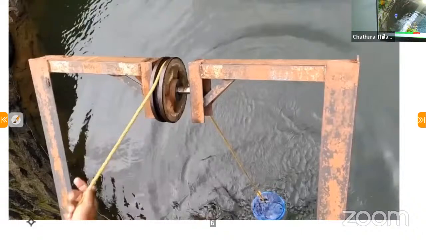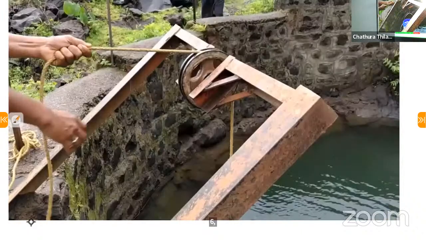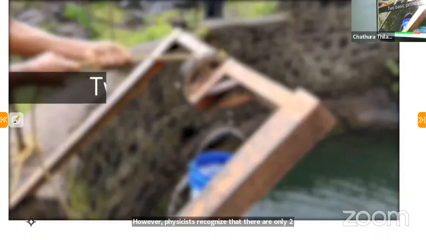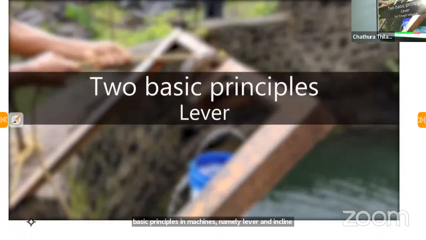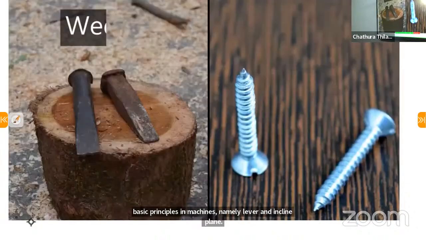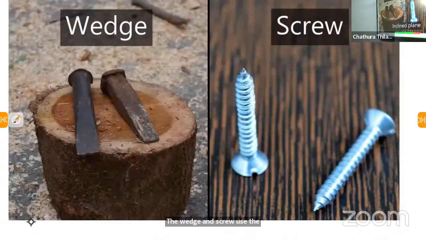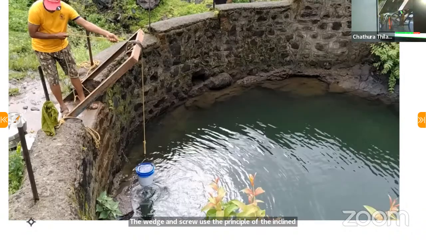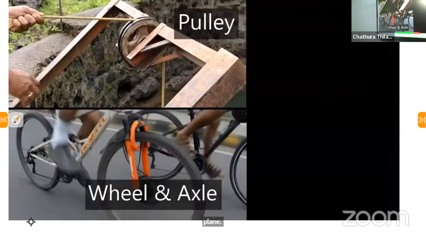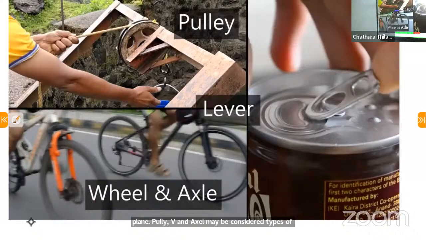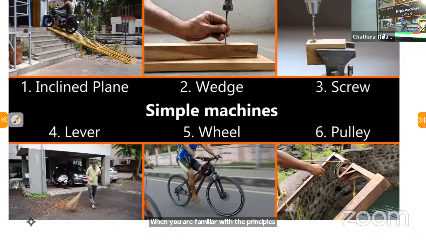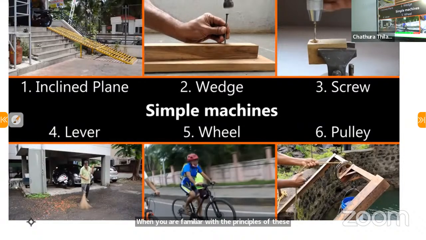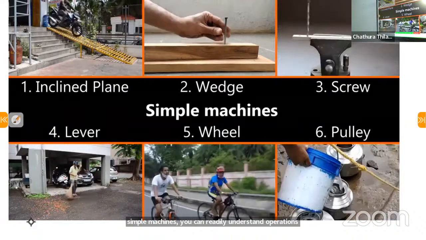However, physicists recognize that there are only 2 basic principles in machines, namely lever and inclined plane. The wedge and screw use the principle of the inclined plane. Pulley, wheel and axle may be considered types of levers. When you are familiar with the principles of these simple machines, you can readily understand operations of complex or compound machines. Summary: